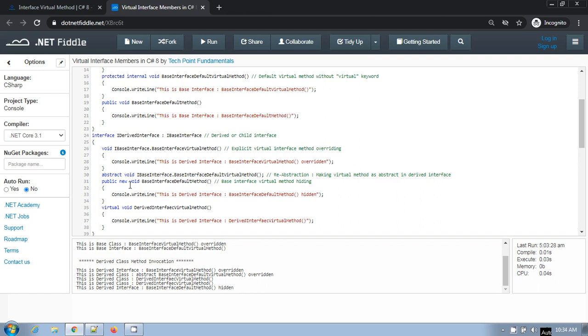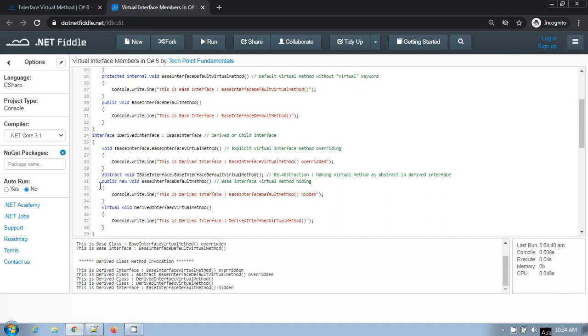And I have provided this definition with the new keyword, and this is implicit. So if you make an object reference variable for this derived interface, then it will call this method, not the base interface method.